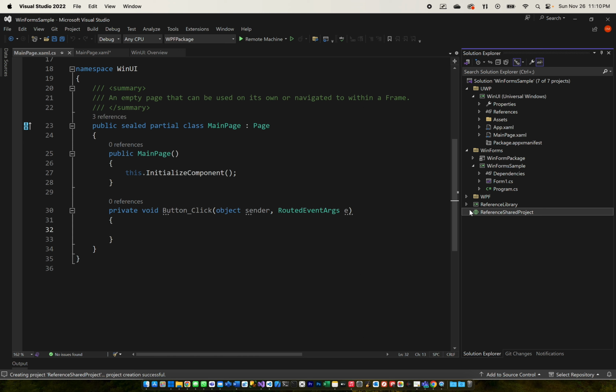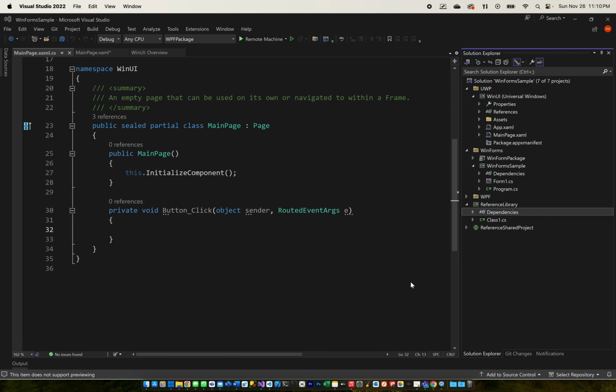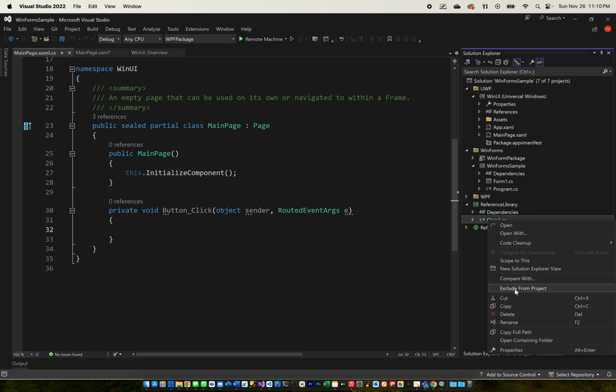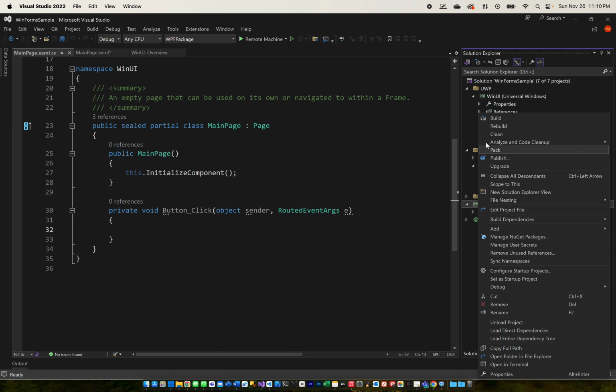So now that we have our reference shared project, what we'll do is we'll actually copy class 1 in there, and then we'll add a reference to it. And essentially we can delete this one. So if I now build this,